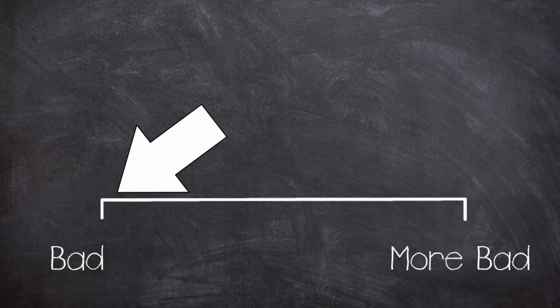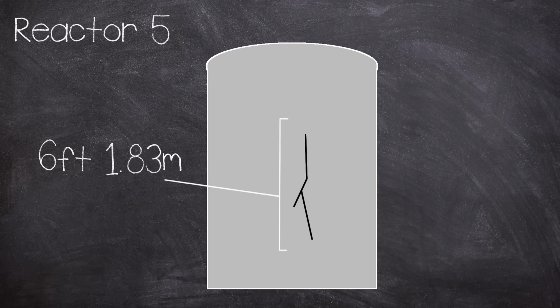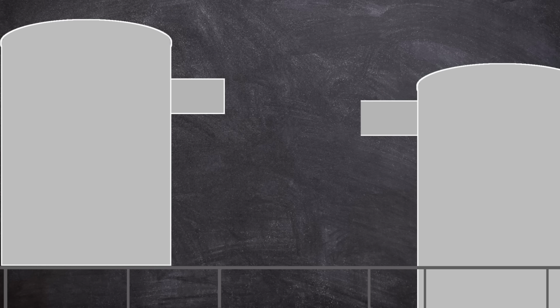In the light of day, the situation must have felt like it was going from bad to catastrophe. A 6-foot crack was found in Reactor 5, and a manager's meeting was called to discuss what to do next. With production now completely halted, the management team brainstormed what the best way to restart production would look like. It was agreed that Reactor 5 be removed for inspection, but in lieu of a replacement, a bit of clever plumbing would be employed. Instead of Reactor 5, they would install an extended bypass pipe section to link reactors 4